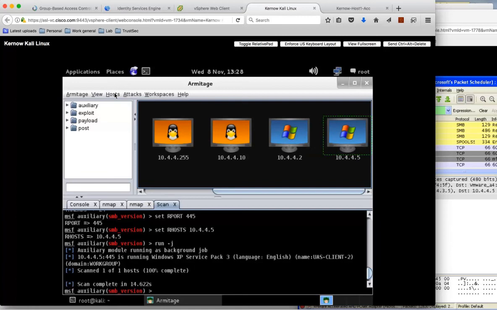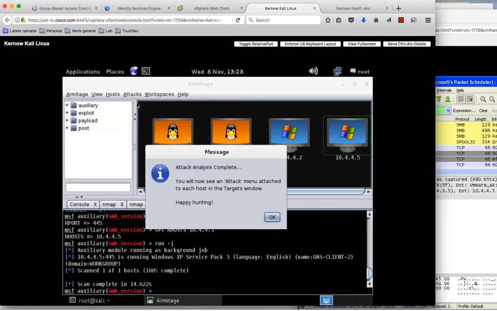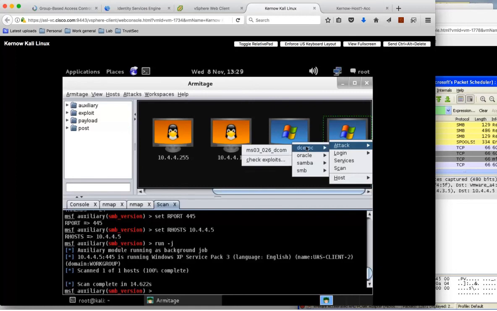So what attacks can I do from Kali Linux to this one machine? So what I can do is Attacks, Find Attacks, and now Kali will go for its complete database, all of the attacks it knows about, and see which ones are relevant to this client that it has now discovered. So we'll wait for that to complete. It's now complete, and now we can see all the attacks that we can use on this one machine. If we right click on this client, it lists a number of things that we can use to attack this machine. Now, one attack under SMB is